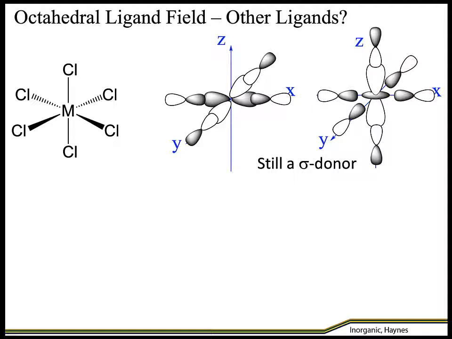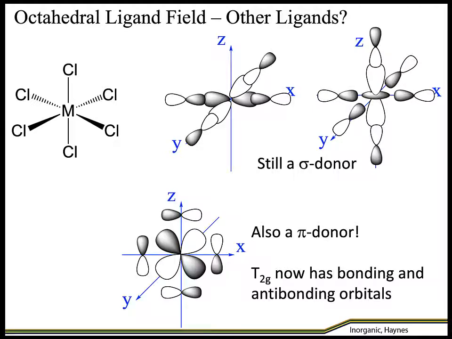But because we have access to these p orbitals, not only do we have this sigma donor-like behavior, but we can actually start to draw pictures that look kind of like pi bonds, right? So this ligand, the chloride ligand, is what we would call a pi donor ligand. Everything is a sigma donor, right? All of our ligands that we are going to look at are sigma donors, but they can also have extra classifications. So in the case of a chloride, we call this a pi donor